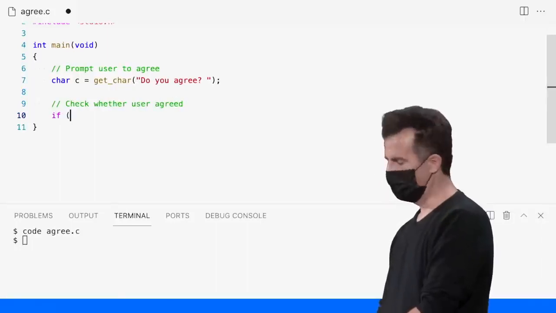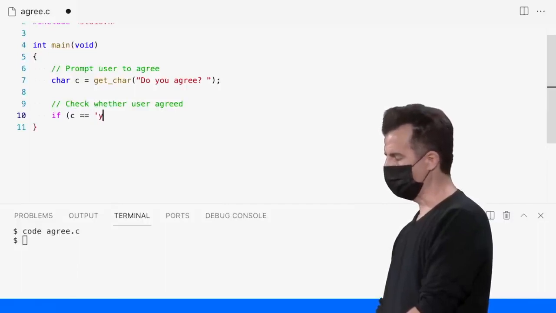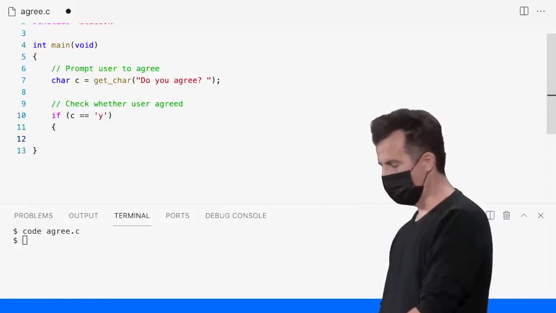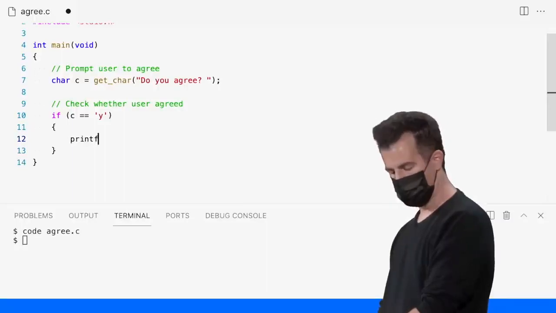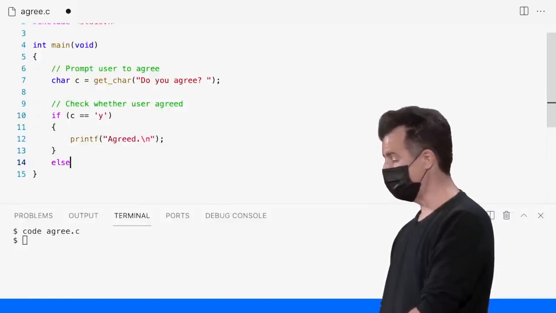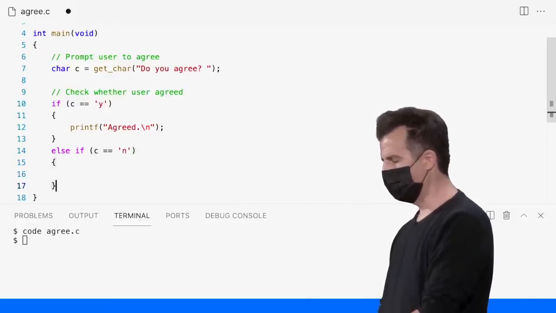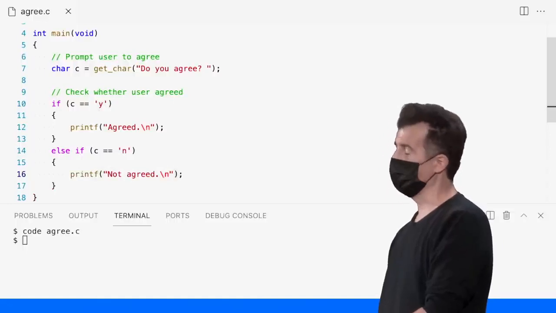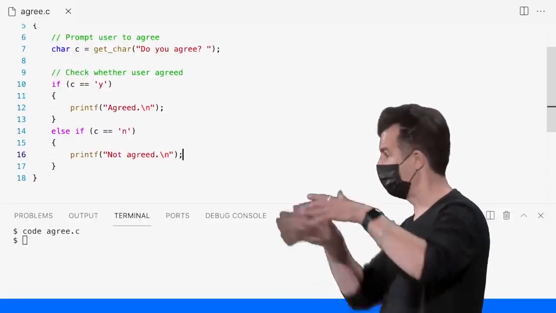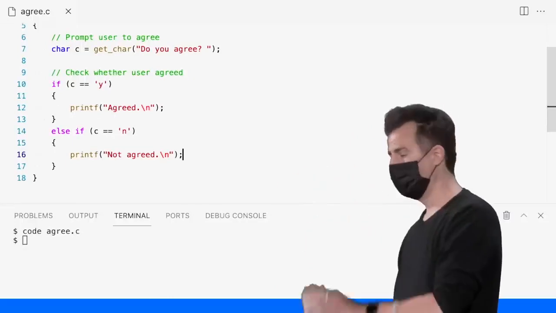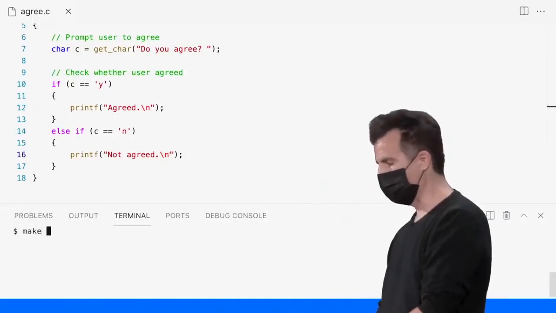So how about if c equals quote unquote y, then inside of my curly braces, print out agreed or some such sentence like that. Else, if they did not type y, or you know what, let's be explicit here just so they can't type Z or B or some random letter. Else if c equals quote unquote n for no, then let me go ahead and print out not agreed or something like that. And I'm just going to ignore the user if they don't cooperate and they type Z or B or something that's not y or n. All right, let me go ahead now and compile this code, make agree,